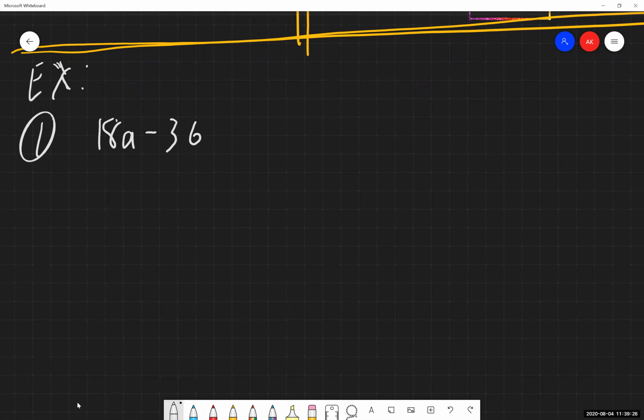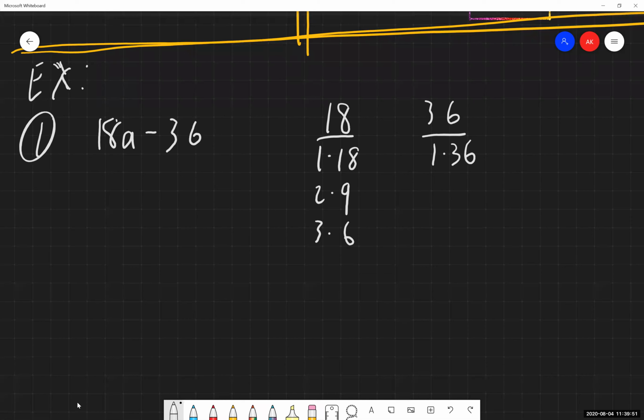Now, working with the numbers, I'm going to put this off to the side here. So just working with 18, just working with 36, we're going to list the factor pairs of each of these numbers. And again, as I mentioned with the previous ones, you do not need to do this step if you know the greatest common factor numerically by looking at these things. Some people can, some people can't, that's fine.